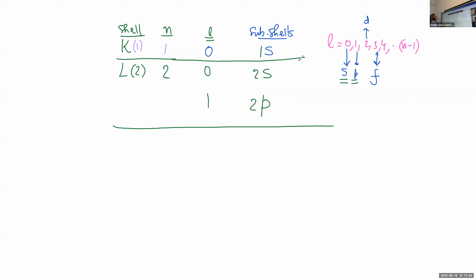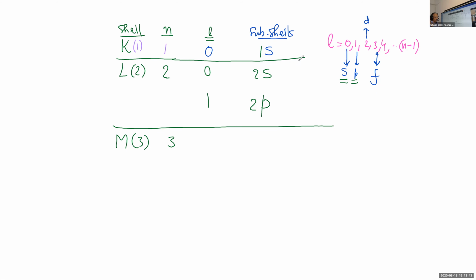Okay. Now you come to the third one, M. Principal quantum number is equal to 3. The number of the shell is equal to 3. Do you follow, my dear friends? Yes sir. So, the principal quantum number n is equal to 3. How many L values are possible? Three values are possible, and they are 0, 1, and 2.